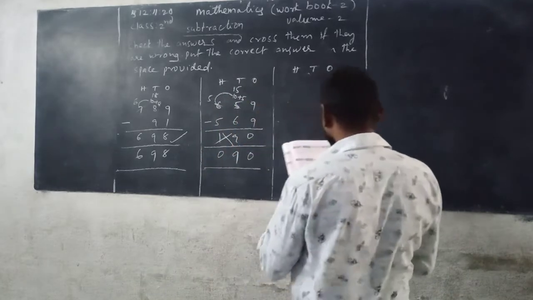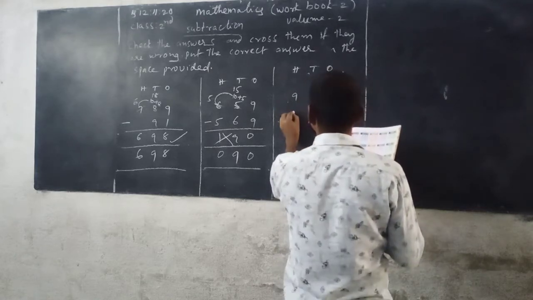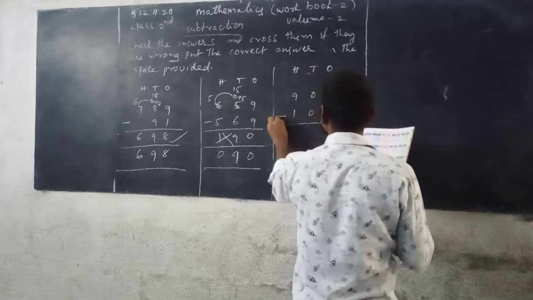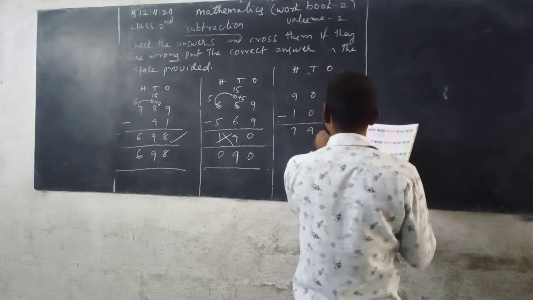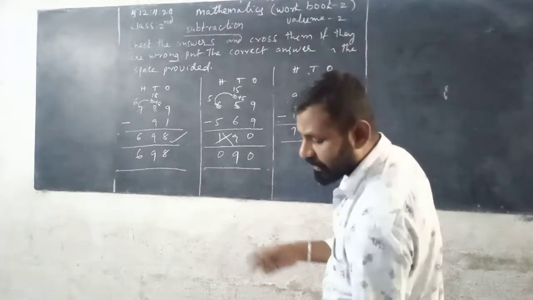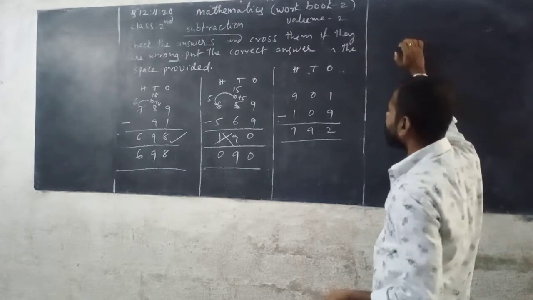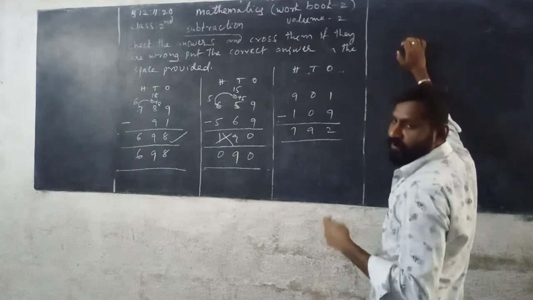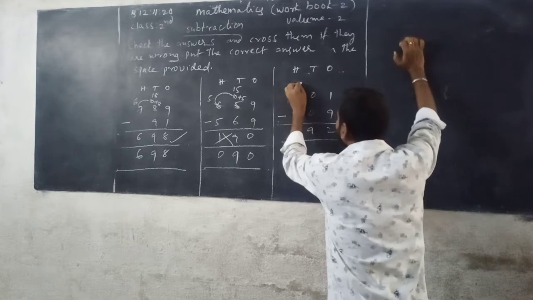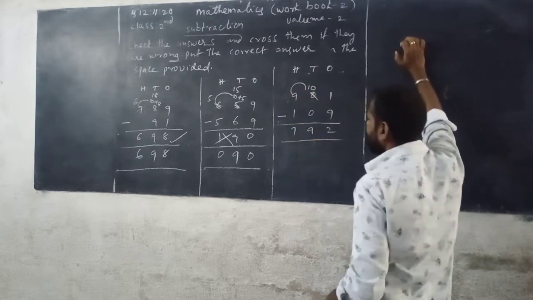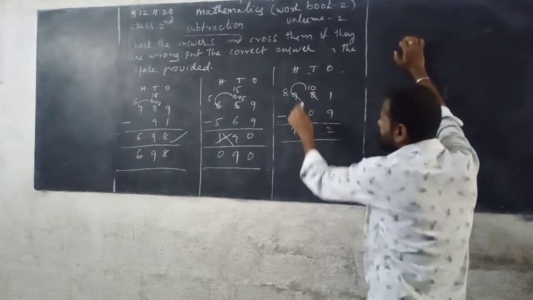See here, 901 minus 109. So the given answer is 792. See here, first subtract the digits in one's place. That is 1 minus 9, not possible. Then take borrowing from 0. But here there is no number. So first 0 is asking this number, please lend me. How much giving? 10 is given. So 10 plus 0, 10. Now here 9 loses 1, 9 becomes 8. So this is kept behind.